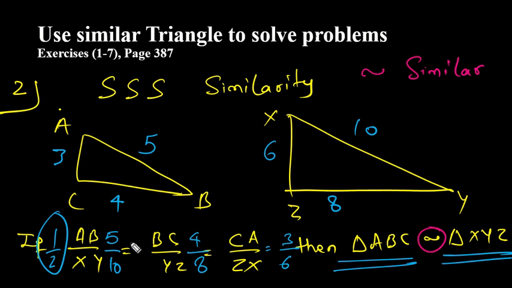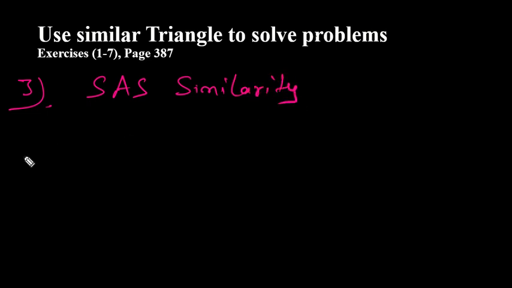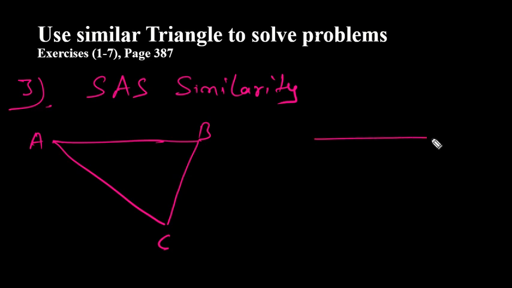If they are not the same, so let's say this is 1 over 2, this is also 1 over 2, and it comes out as 1 over 4 or anything else, then you cannot say that these triangles are similar. Okay, let's try the last one. The last one, we have side angle side similarity. So how does this work? Let's say you have triangle ABC, and here you have triangle XYZ,